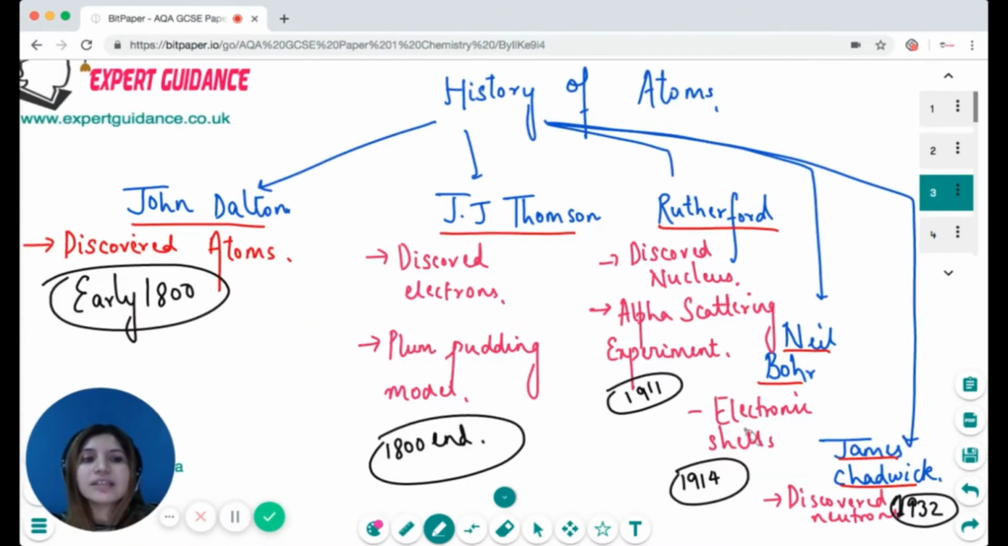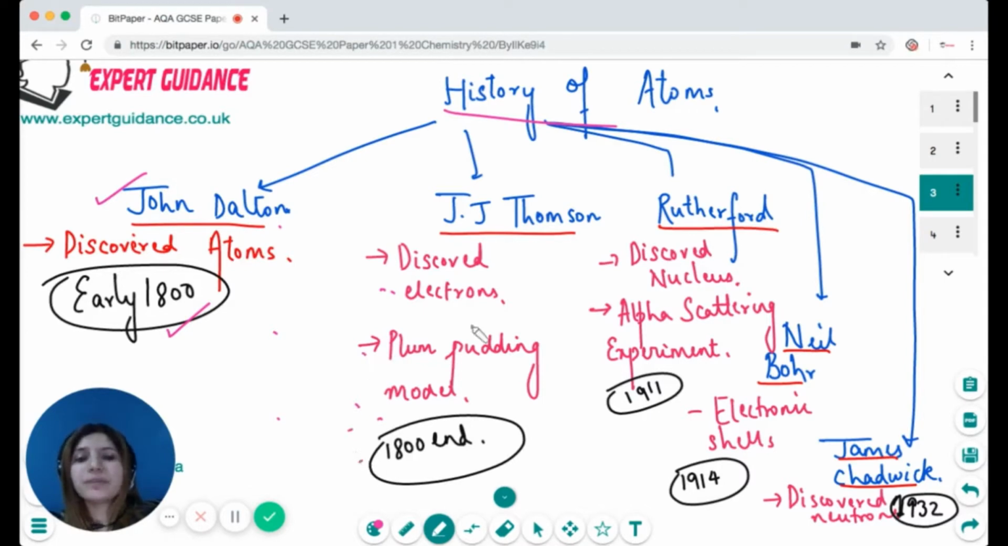Okay, so let's begin. Now, when we talk about the history of the atoms, there are 5 major scientists whose names you should remember, and what contribution they made in the discovery of the atom. The first one was John Dalton, who gave the idea of atoms in the early 1800s. Then came J.J. Thomson, who discovered electrons after Dalton, and he gave the plum pudding model of the